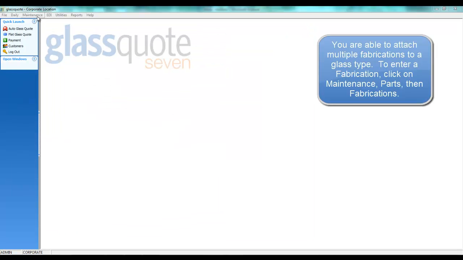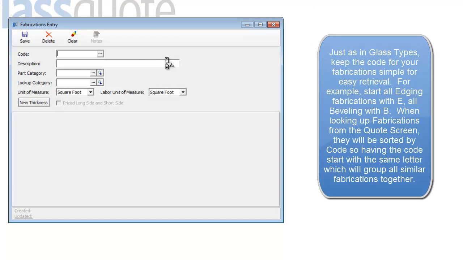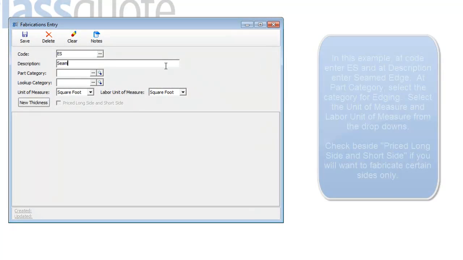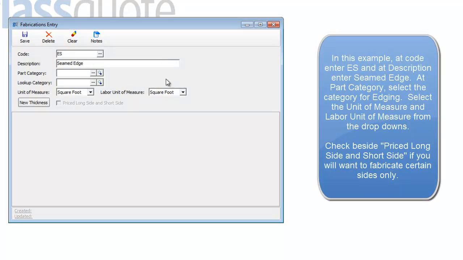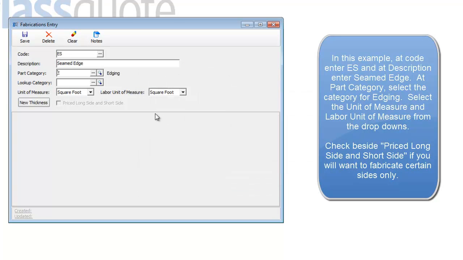You are able to attach multiple fabrications to a glass type. To enter a fabrication, click on Maintenance, Parts, then Fabrications. Just as in glass types, keep the code of your fabrication simple for easy retrieval. For example, start all edging fabrications with E, all beveling with B. When looking up fabrications from the quote screen, they will be sorted by code, so having the code start with